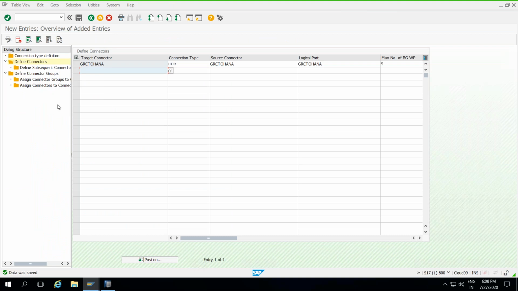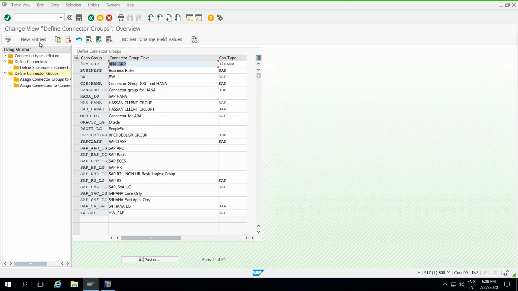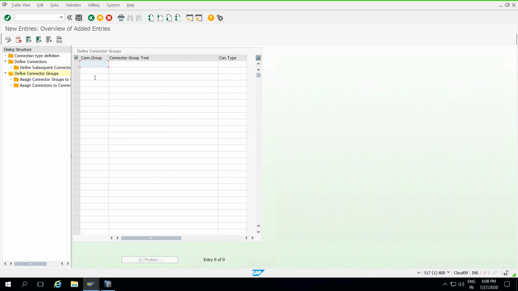Meanwhile, a subsequent connector group is required? The connector group is not required here. Why? Because we are not using the EAM configuration, or if you are using it from the ARM port, at that time you can use the connector. Otherwise there is no use of a connector group here, especially from the EAM config. So select that. You can create a logical group for HANA. We are making a logical group of HANA.